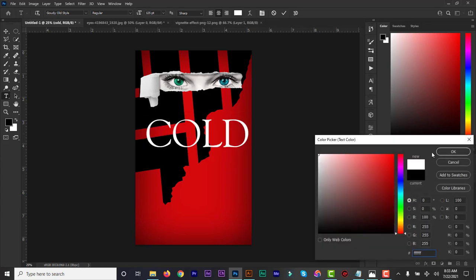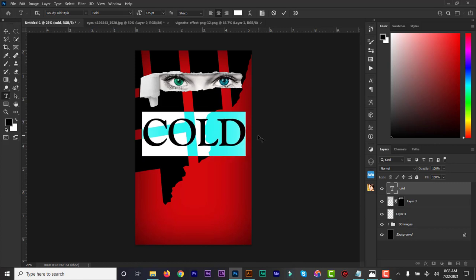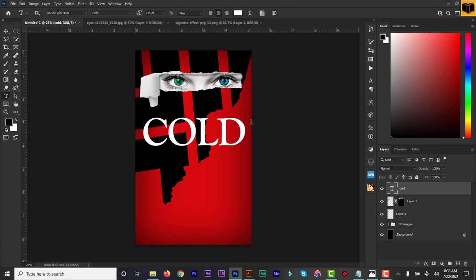And the font, I'm going to make it the old style, Goudy Old Style, then bold, and I can duplicate that with Control J, Command J to duplicate, and I'm going to type over that and drag that to